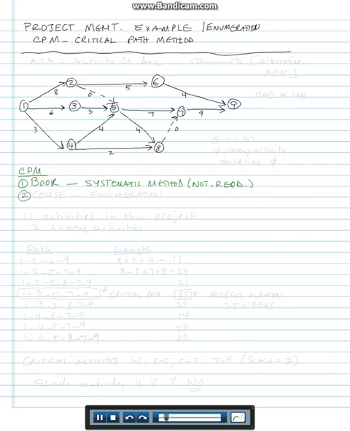And what is for this course, for 350, I require you to know the enumeration method, which I'm going to cover in this example. So that's all you need to know. So the enumeration method doesn't give you all the information, but it gives you enough to calculate critical path